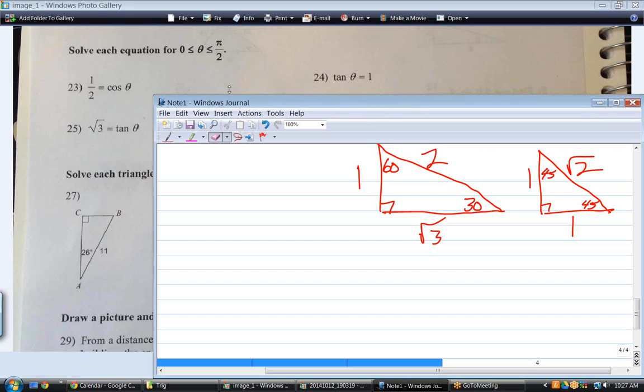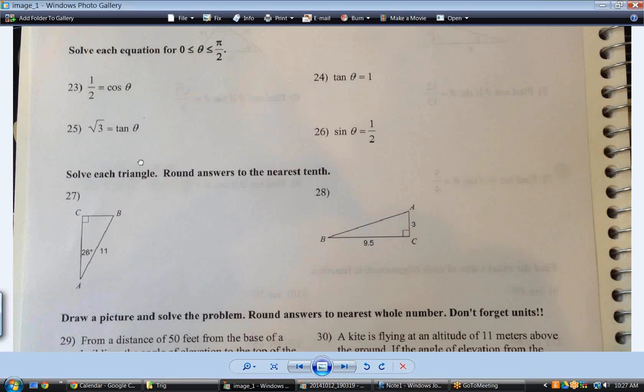Now notice that if they gave us a different domain, our answers might be different. If this domain said pi to 3 pi over 2, meaning the third quadrant, then this answer is not 45, it's 225. So the domain they give you is very important. And if they give you a domain that goes from 0 to 2 pi, which is the most typical domain you're going to run into,